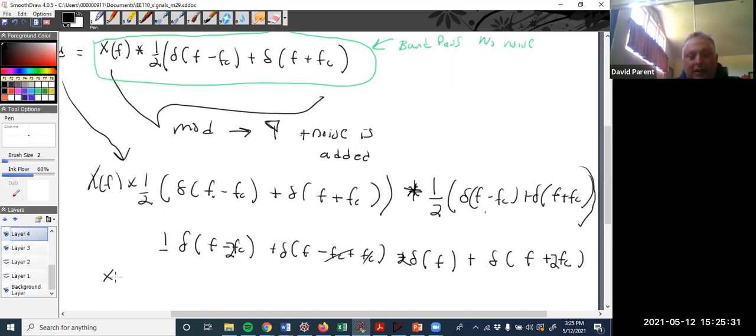And so in the end, I get X(f) convolved with a delta function, plus